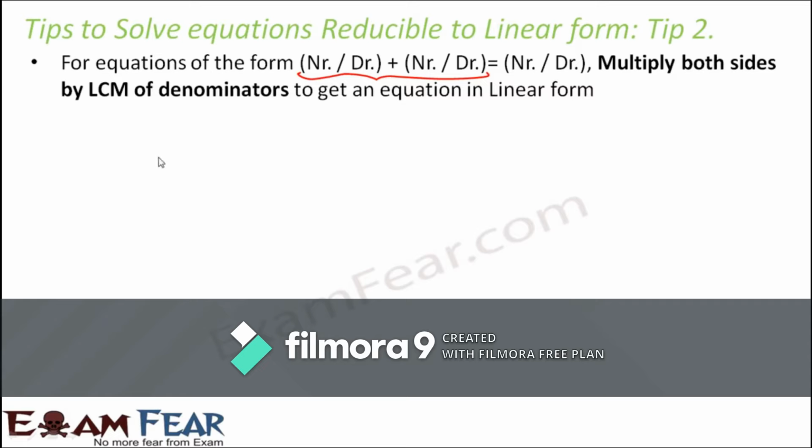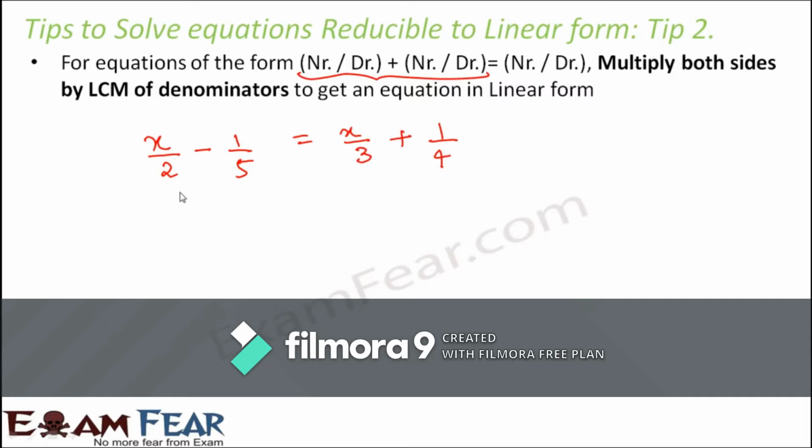So things will become clear only when we take an example. So first of all, let us take an example in this form. Let's say x by 2 minus 1 by 5 is equal to x by 3 plus 1 by 4. So let's say this is our equation. So this satisfies the form. Okay, fine. Now let us try to find out the LCM.